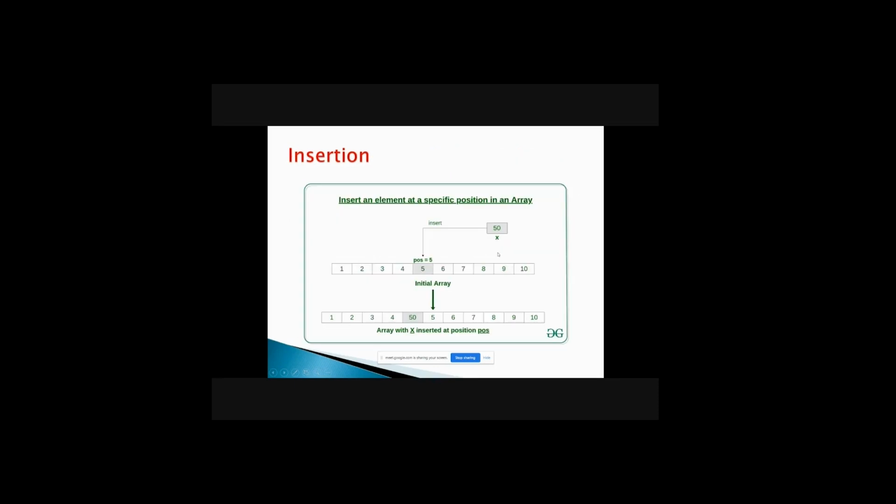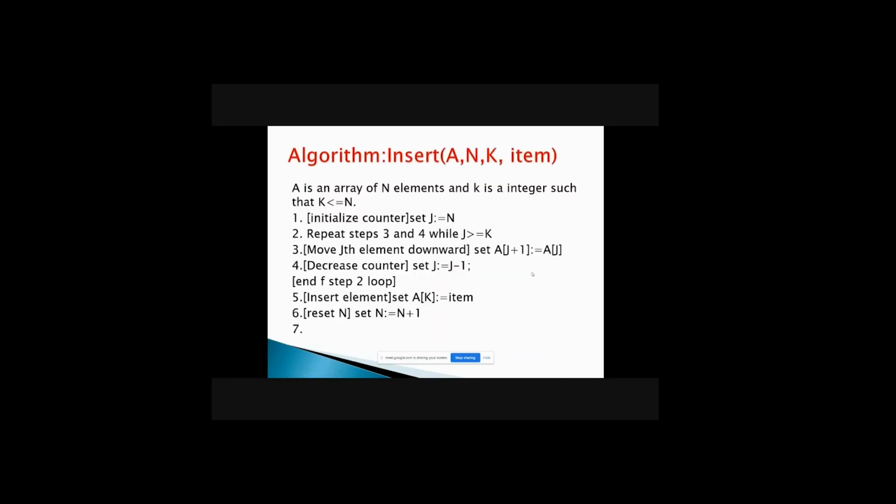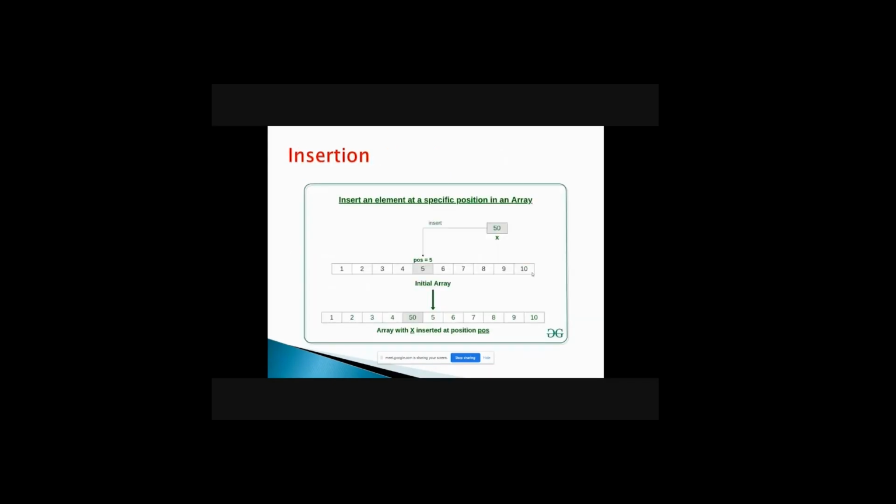Now in the previous example, now 9 should be moved next. So that is, a of 8 should be moved to which position? A of 9. So the 9 will be shifted into the 10th place. So that is how you do. So again j gets decremented. Now j becomes 7. So this process keeps on repeating